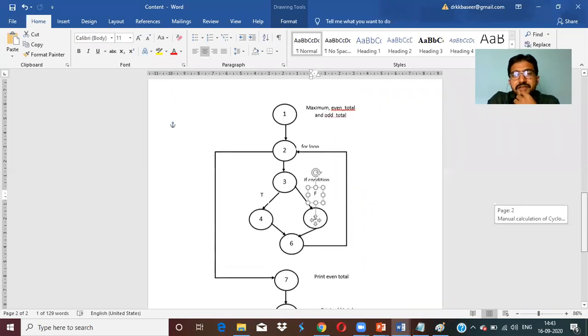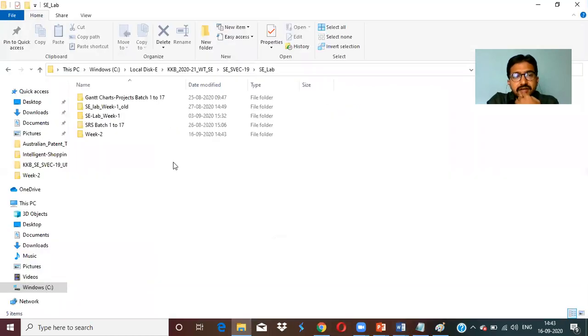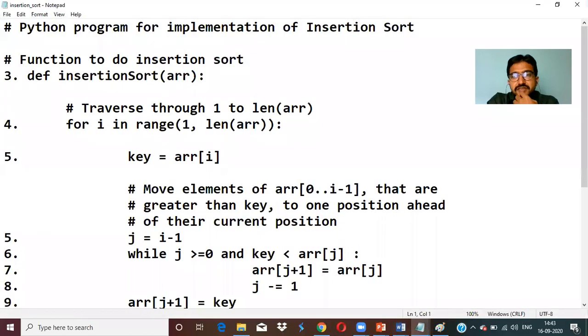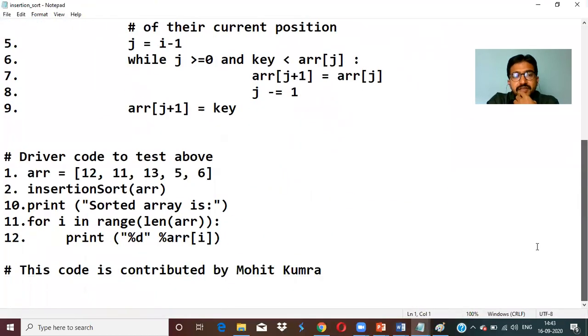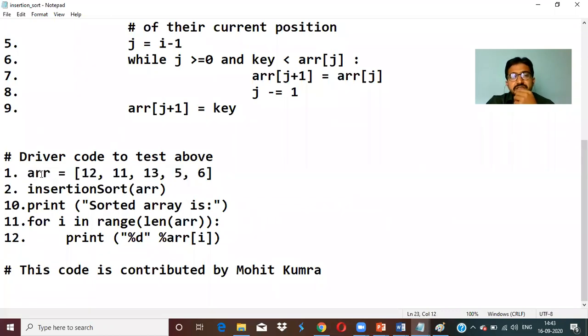Now, in the similar fashion, if you see the insertion sort, hope most of you have done it. If you see the insertion sort Python program, Python code, here already you are aware the Python program starts from here. It may be any code. So here the functions maybe will be used. If you are using function, insertion sort is a function. If you are using functions in Python, the first step is initially a static array. If you want, you can take a dynamic array as well. So this is a static array, first step.